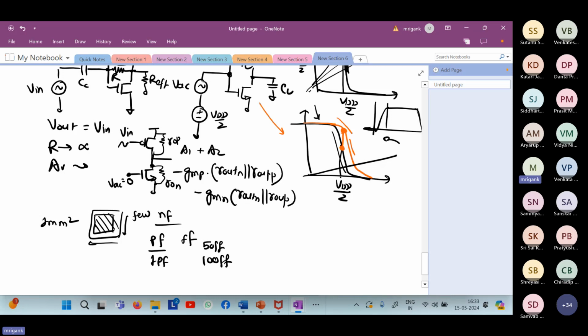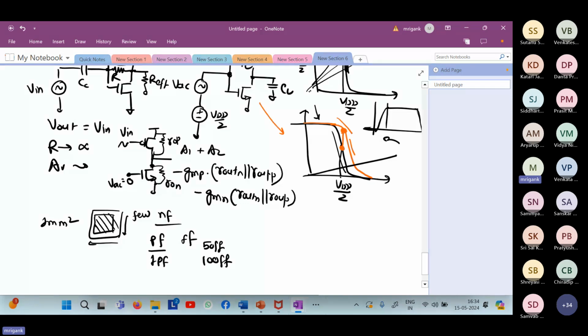In some applications where big capacitors on chip are required, you may approach at max, say, a few hundred picofarad, but more than that is very difficult on chip. That constraint we should have in mind. Unlike the breadboard circuits, where we use big coupling caps, that is not possible on the chip. It will be using very small values.